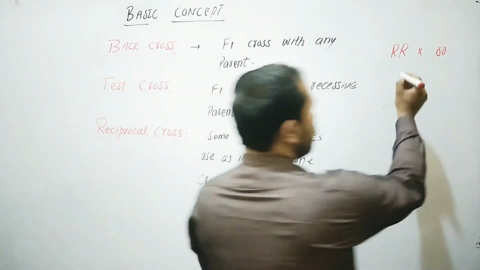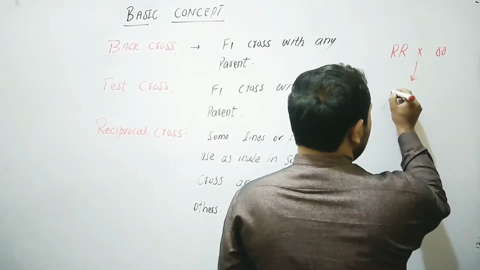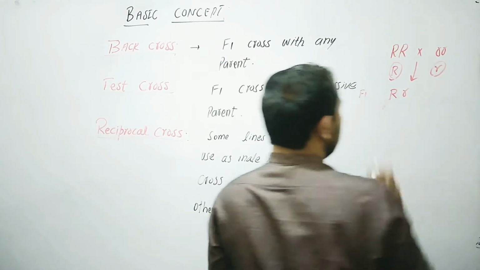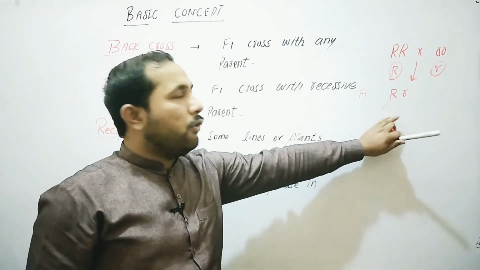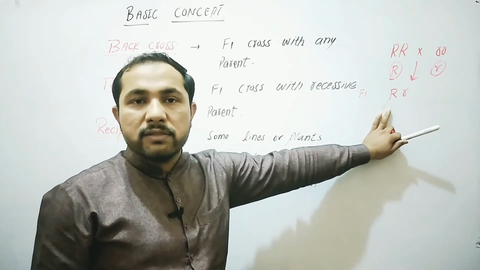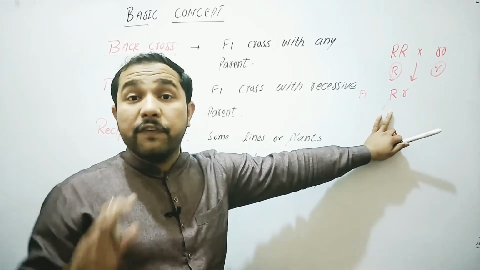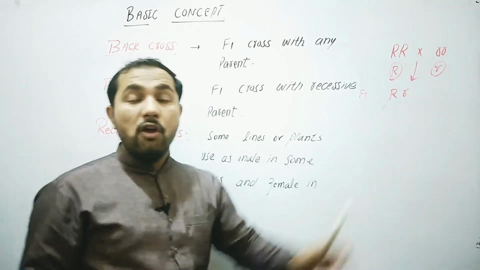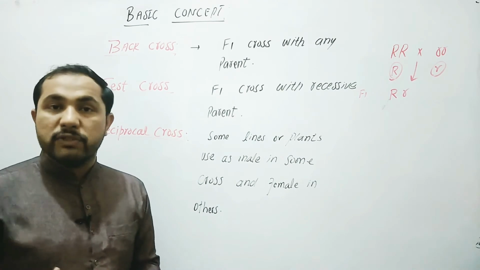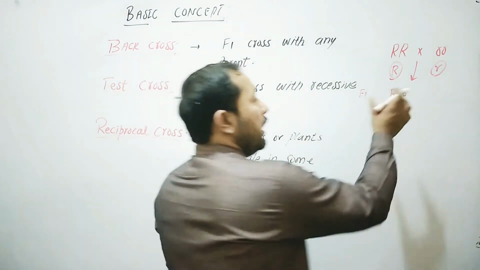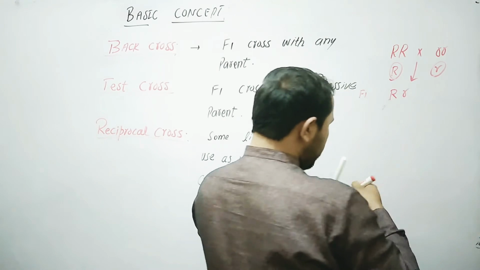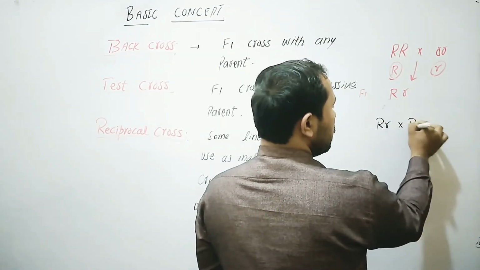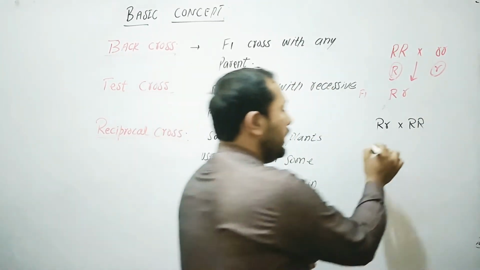What do we get in this cross? We have this pair in F1, a heterozygous plant. We don't know about these plants in the field, whether they are homozygous or heterozygous, but on the whiteboard we can easily understand these are heterozygous in nature. In the field, we cannot clearly tell the difference between homozygous and heterozygous plants. So if this F1 plant is crossed with any parent,